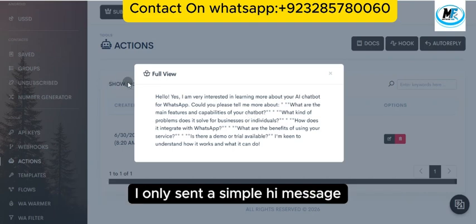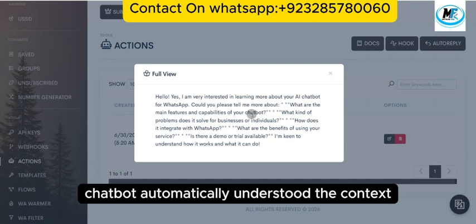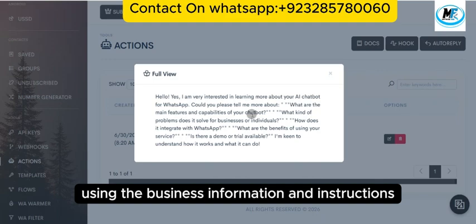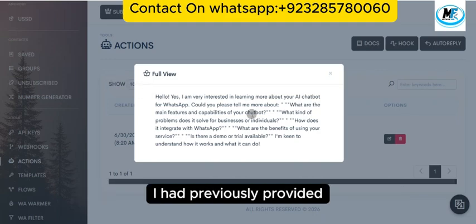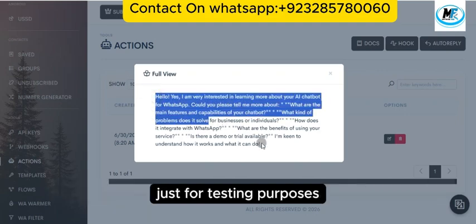I only sent a simple hi message, yet the AI chatbot automatically understood the context and replied using the business information and instructions I had previously provided. I sent this message from my own secondary WhatsApp number just for testing purposes.